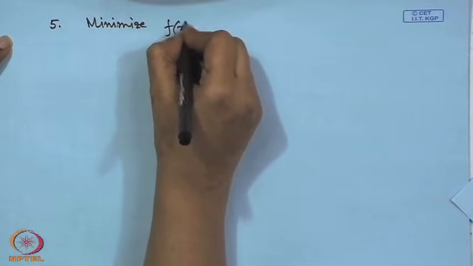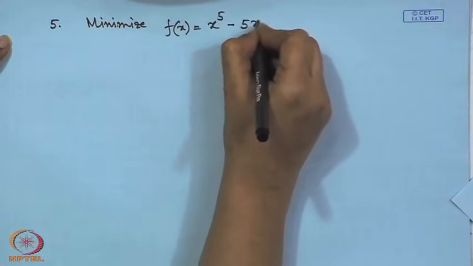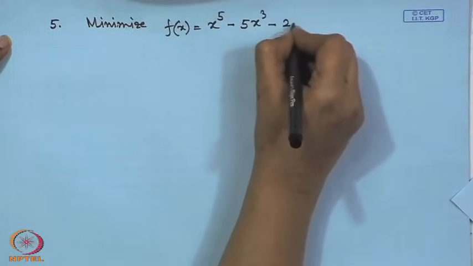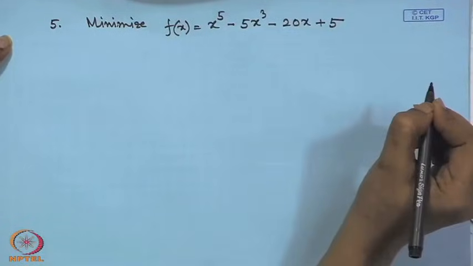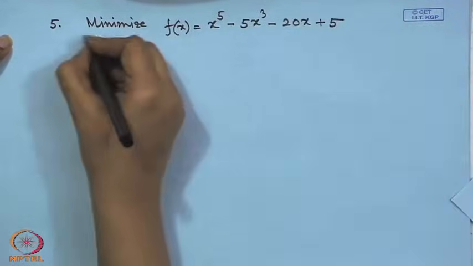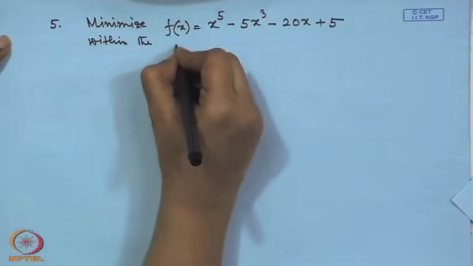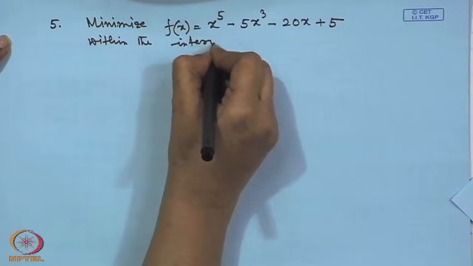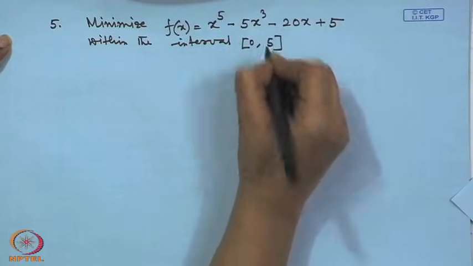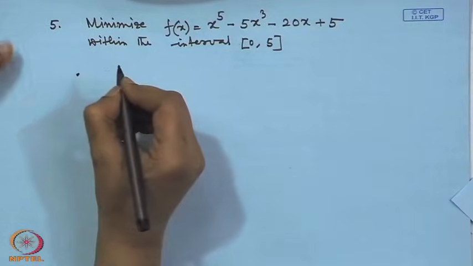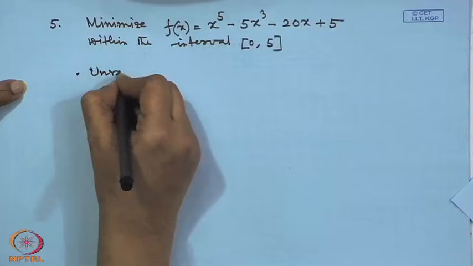Minimize f(x) equal to x^5 minus 5x^3 minus 20x plus 5 within the interval 0 to 5, and the methods you can adopt are